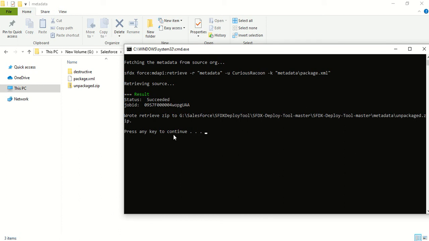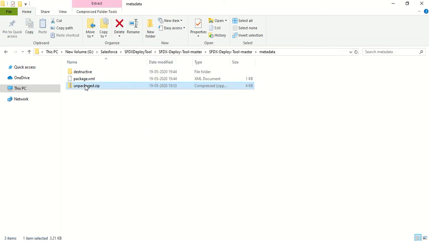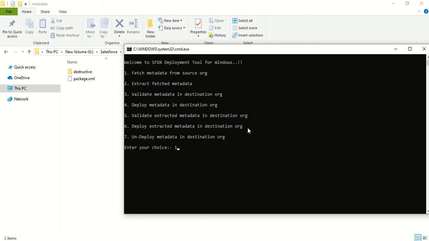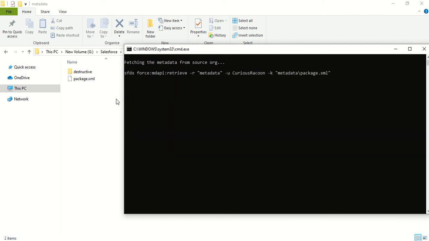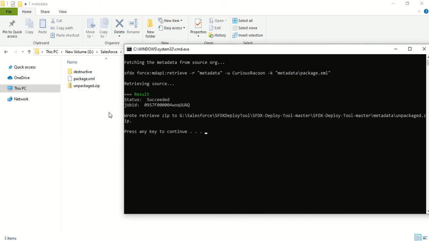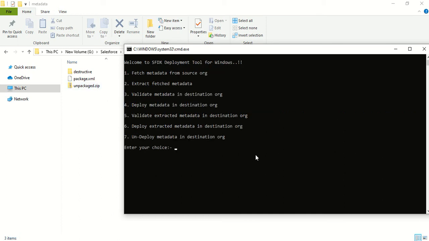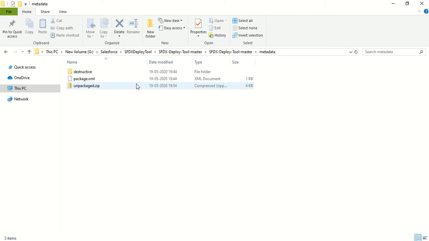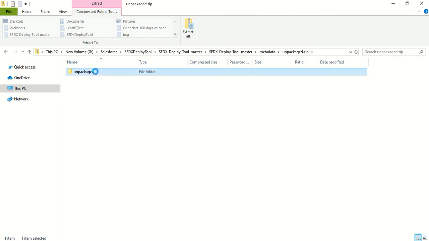Let me show you this again. I'm going to delete this unpackage.zip for a second, click on one and press enter again. You will see that the unpackage.zip is automatically created when the source is fetched. Here you can see that my source is fetched and my unpackage.zip is here. Let me open this zip and see if we have our Apex classes.